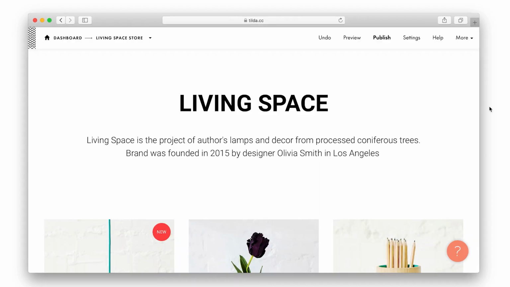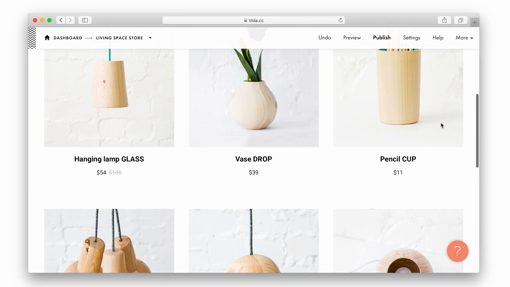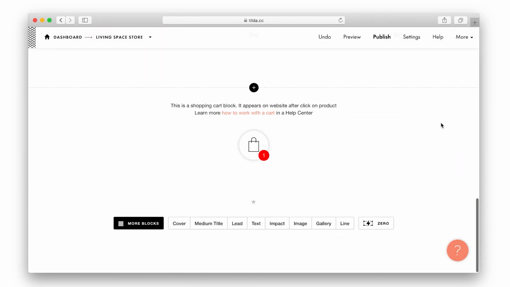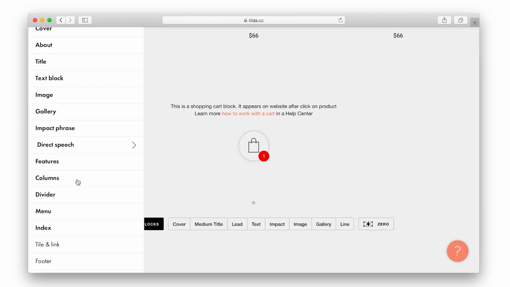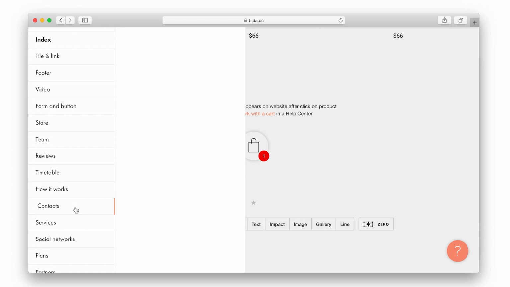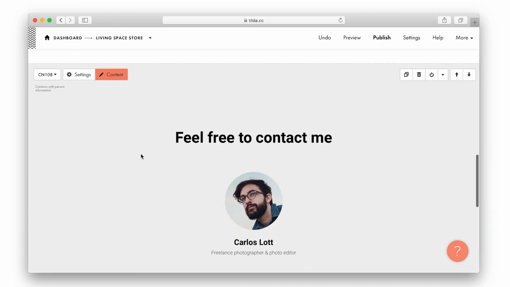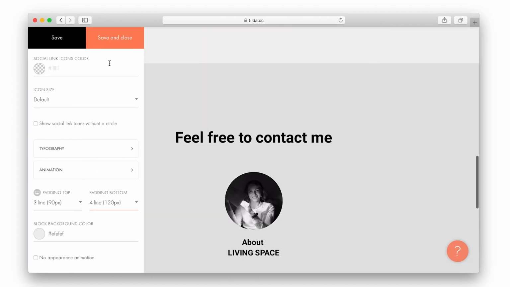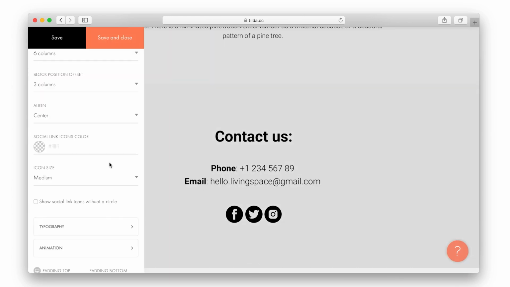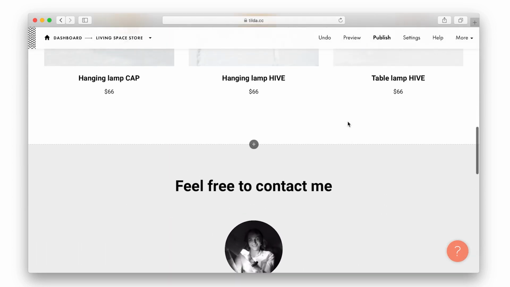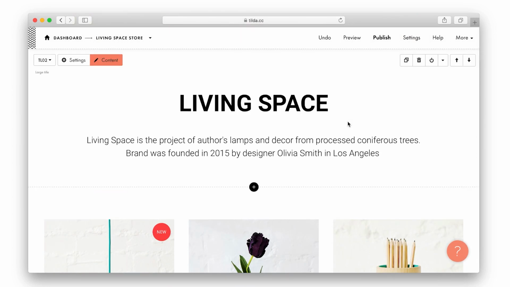Let's go back to the store page. Finally, I just need to finish customizing the store and it's almost ready. All I need is to add the information about the store owner and the contacts. Basically, the store is almost ready to work, but before publishing the page, I will set a nice address for